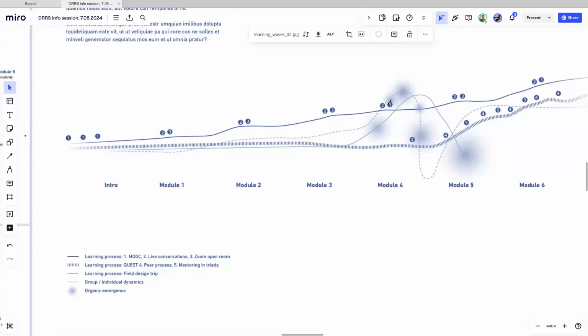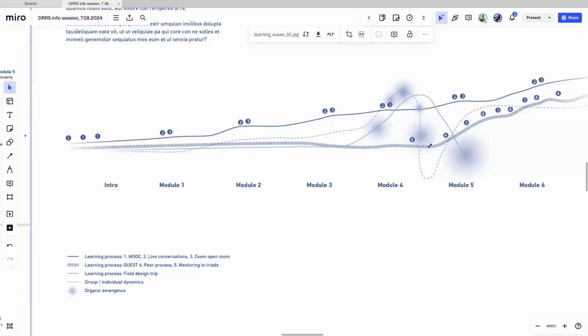The very thick plain line is a representation of a learning process that gradually grows along all the modules, including the field design trip in the middle. We have a line consisting of smaller vertical lines. This is the quest path, and starting from the beginning, it is silently bubbling in the background.